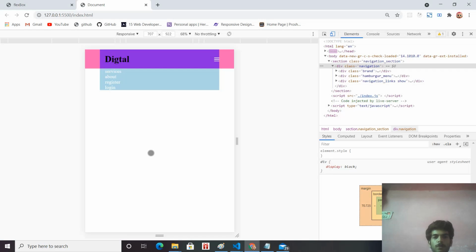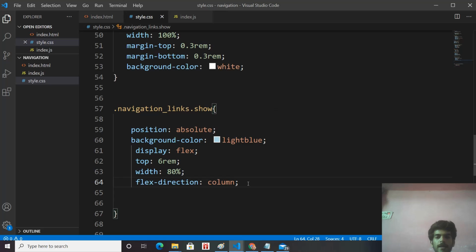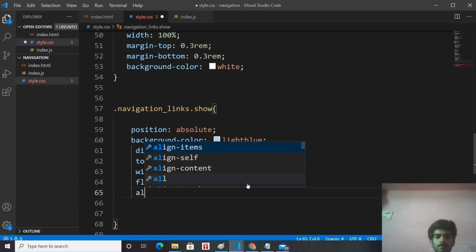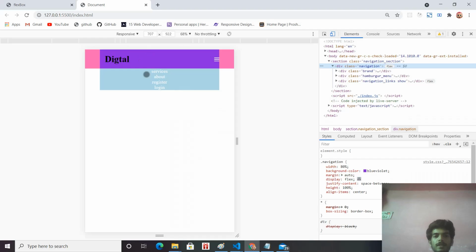Why column? Because we want the links aligned one from top to bottom, not from left to right. And let's align these links at the center. So align items center pushes all the links to the center of this flex box. Okay, so everything is fine.